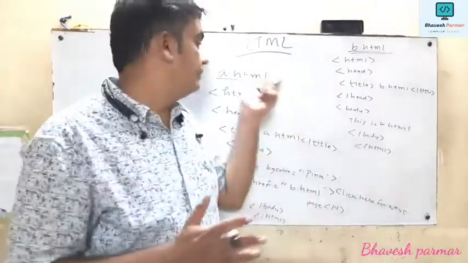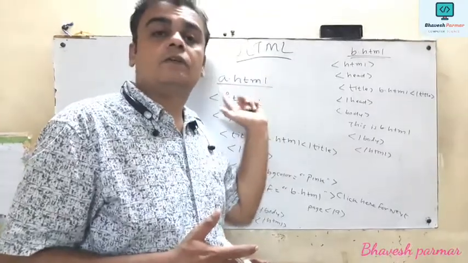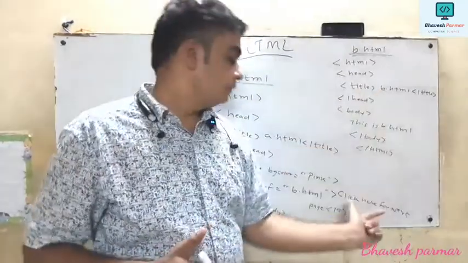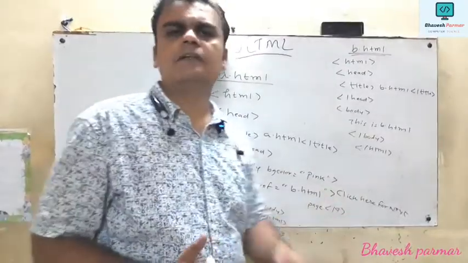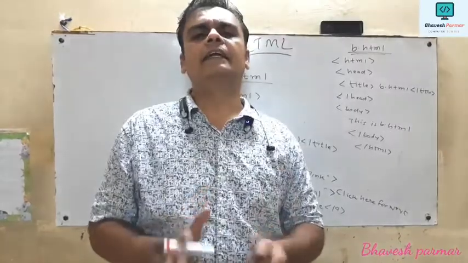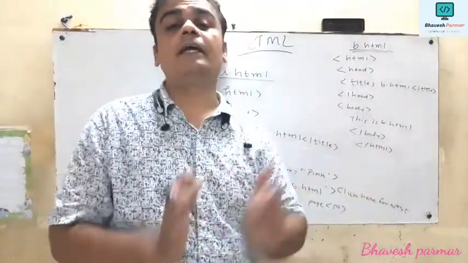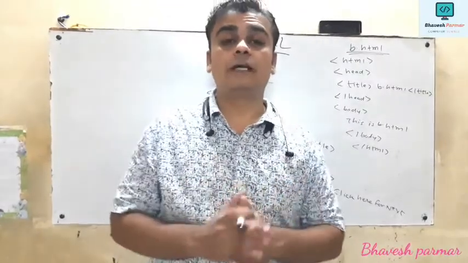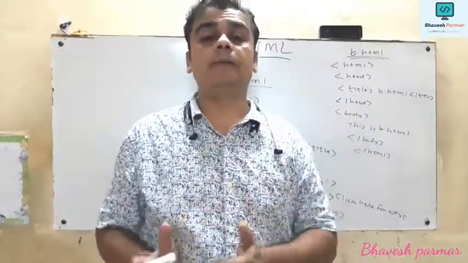Generally what happens, we have opened one page, but through this link we can visit from one page to another page with the help of this a tag. In this way I can also link c.html, d.html, f.html. We can link n number of links by using a tag in my document. So I hope you guys got this concept, how to use a tag in a web page very clearly.